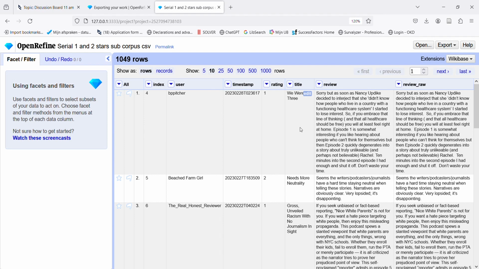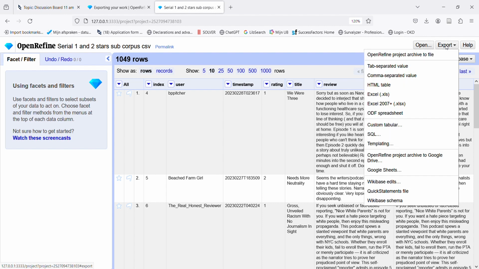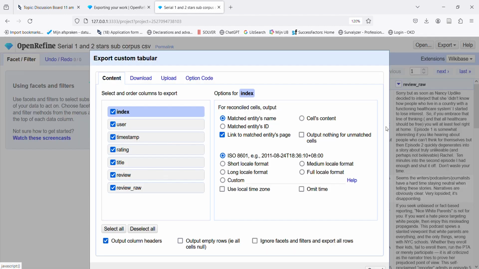What is also important for some people working with OpenRefine is how to get just the reviews out as a text file. That's also possible. If you're working in OpenRefine, you can go to export and go to custom tabular, which opens an overview of all the different columns that your data set has. And you can then decide that the index isn't important, user isn't important, timestamp isn't important, but maybe the title and the review are. And you can select those